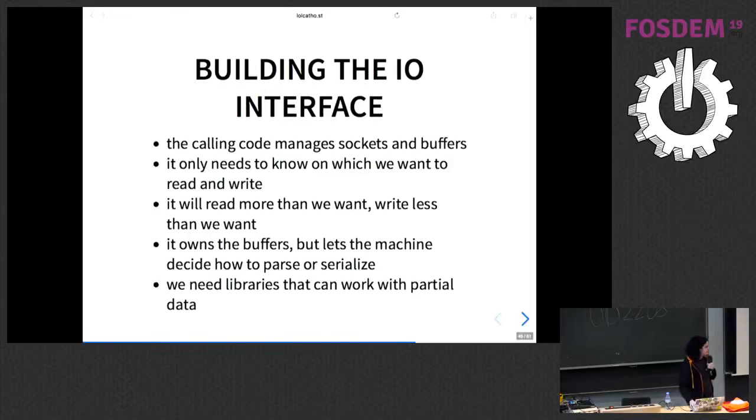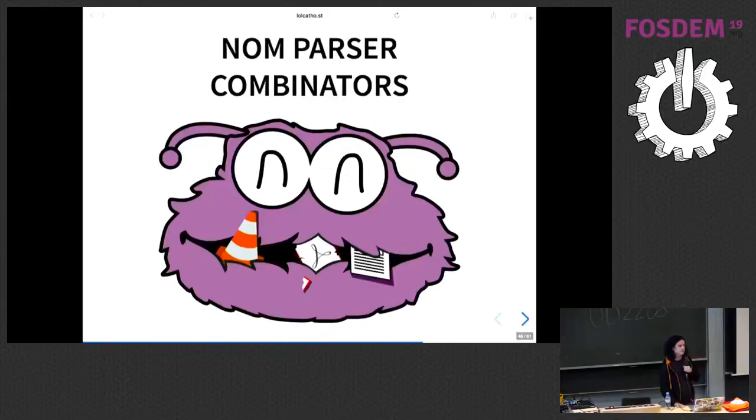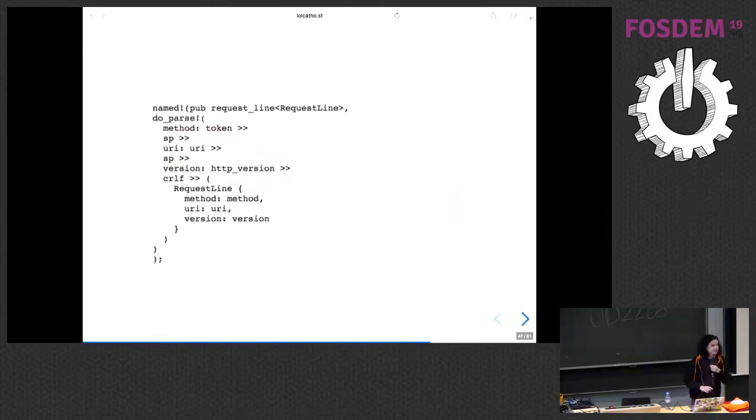So on the parsing side, hi, I built nom. This is a nice parser combinator library that's based on macros. And with this, you can build very fast, very simple parsers. So this is the one to parse the request line. So we try to parse the method, the URI, the version.